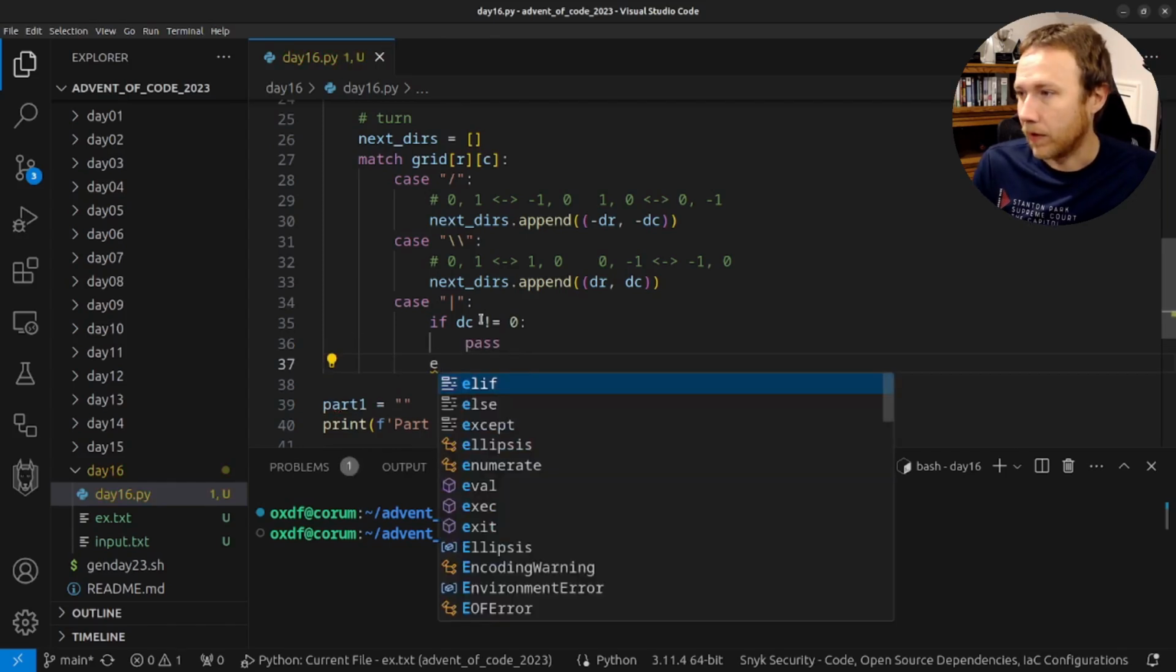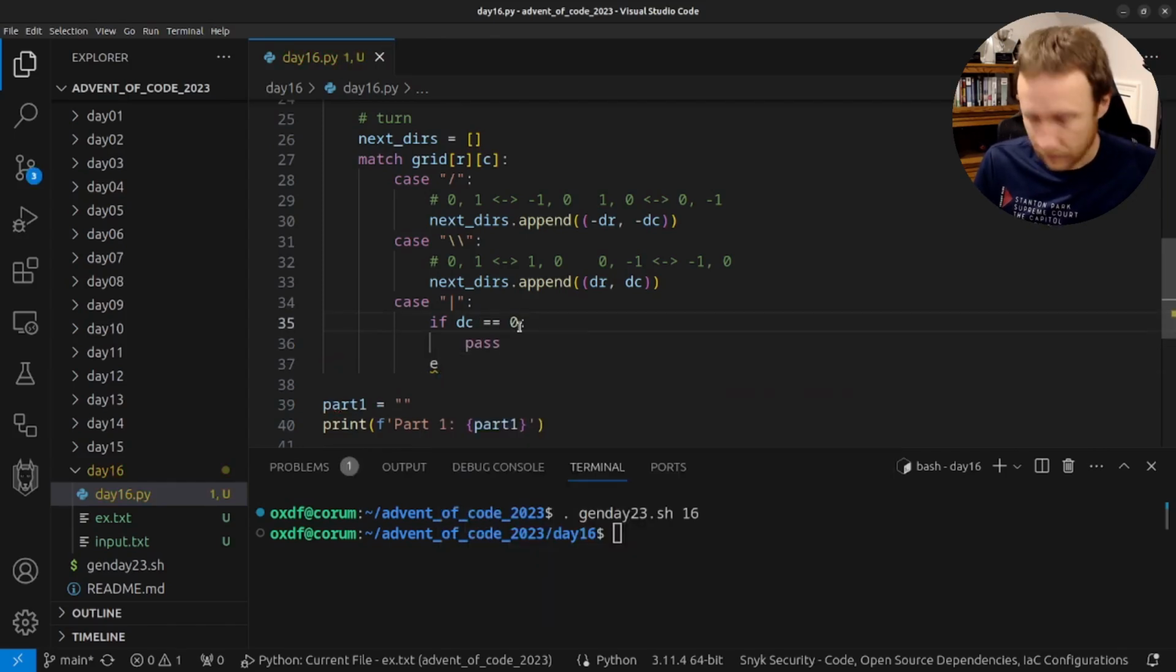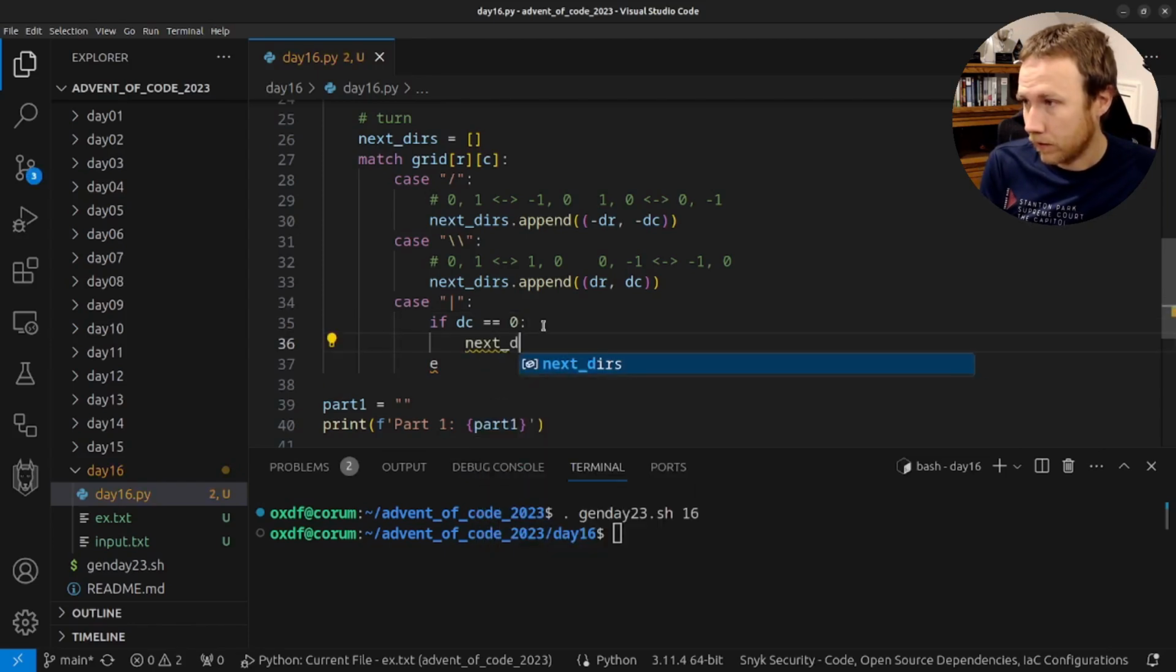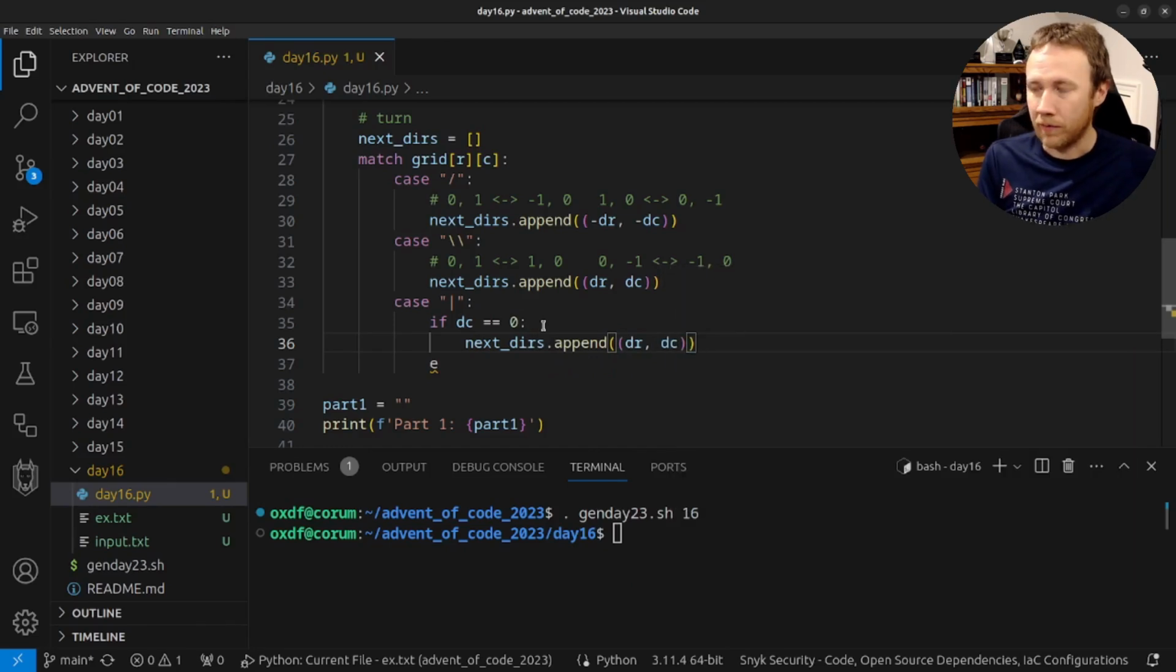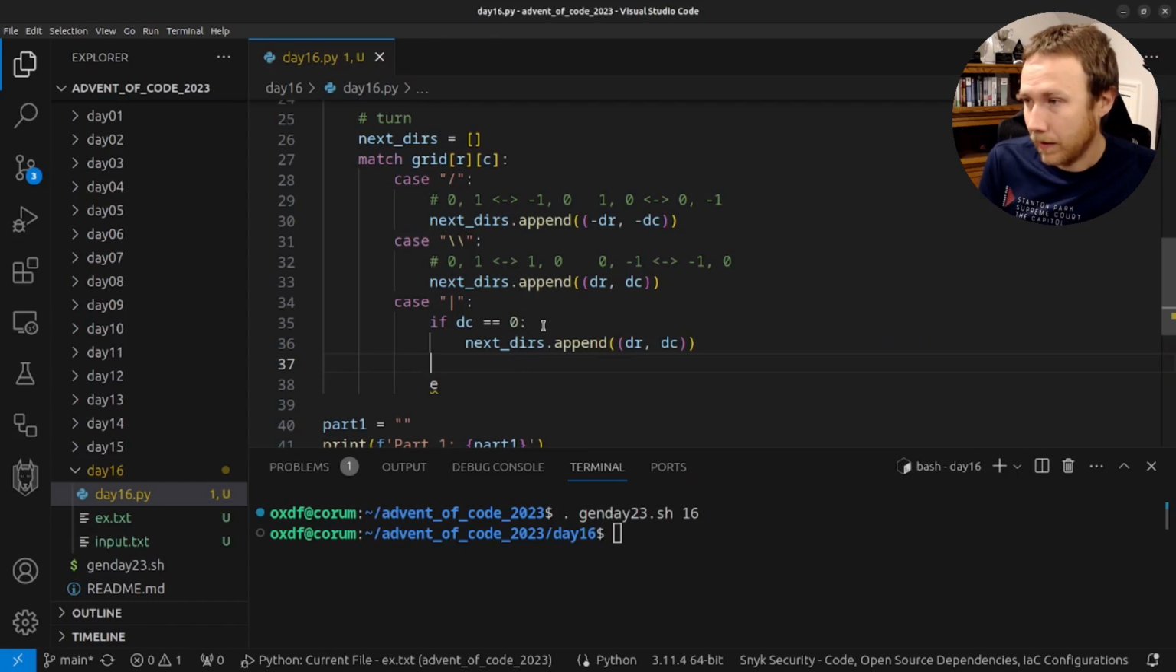I guess we're going to say if DC equals 0, then next dirs dot append dr DC. We don't change it at all, right? If we hit a thing but we're changing in the rows, great, we don't do anything. But else,